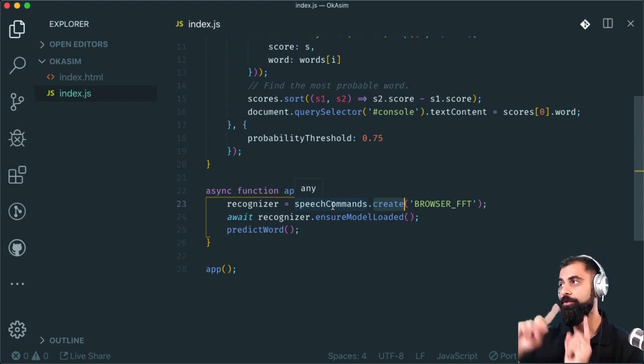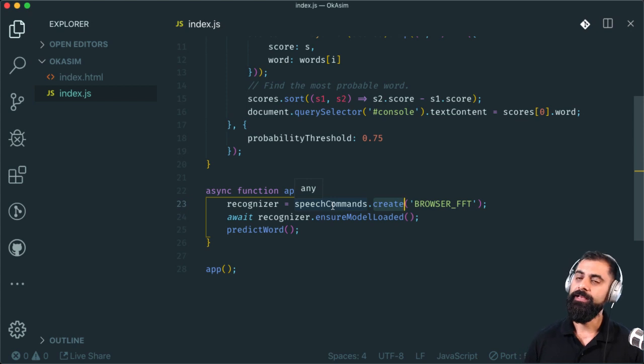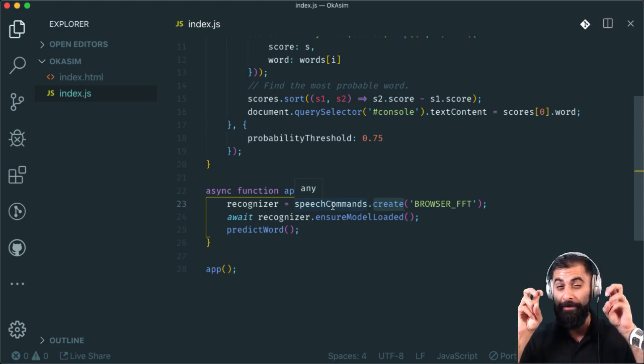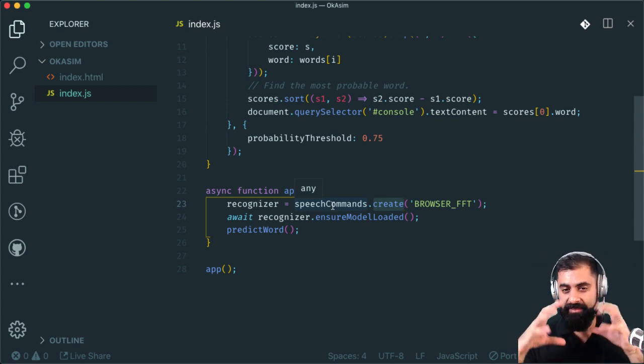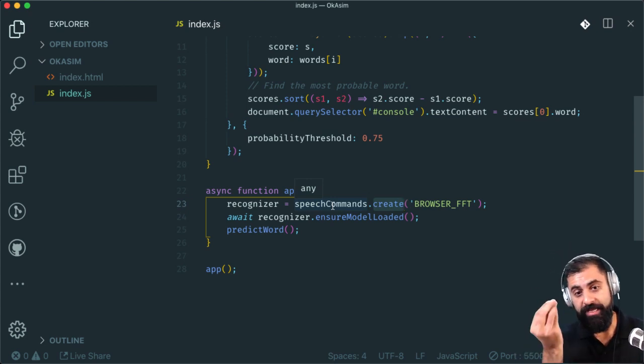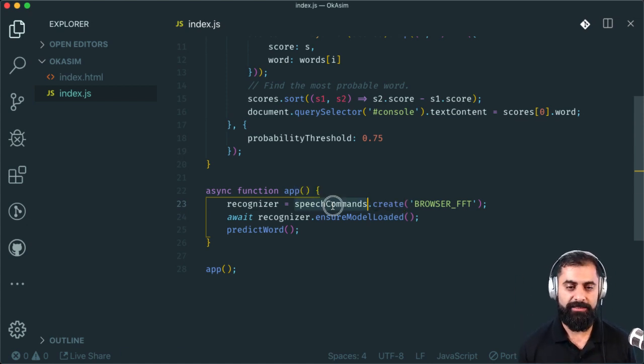I predict it's going to look for a model JSON file and download that, and that's going to contain the actual brain, that machine learning model, which knows how to understand things. It's going to load that inside TensorFlow.js, and then wrap that inside some nice speech commands code, so you can interact with it. And we're storing that in recognizer.